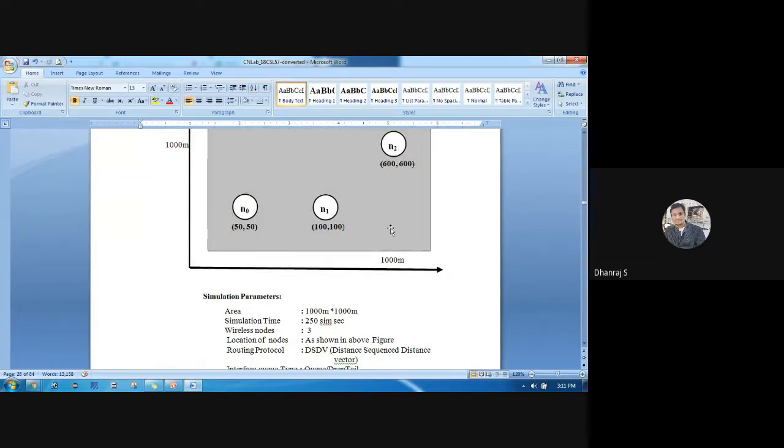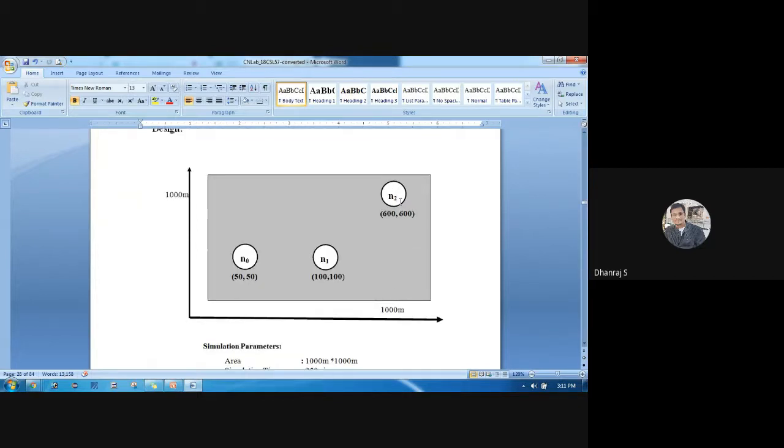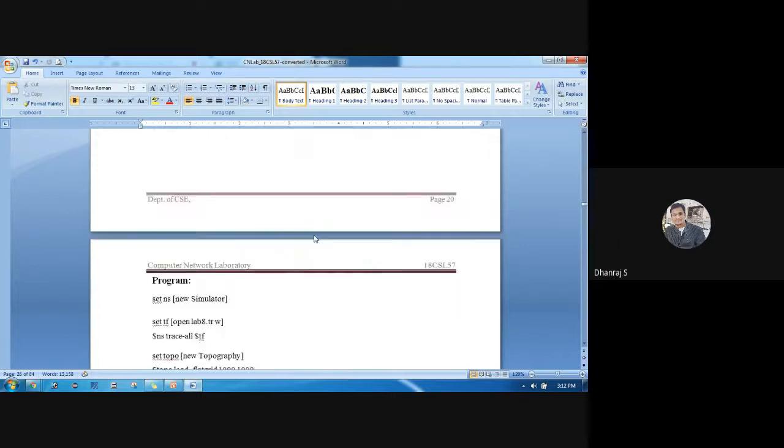Within this range only these nodes should be defined. If I specify any node coordinates beyond this 1000, it may not be displayed in your animation. That's why I'm assigning some boundaries, and I have to give coordinate values for each node below 1000.